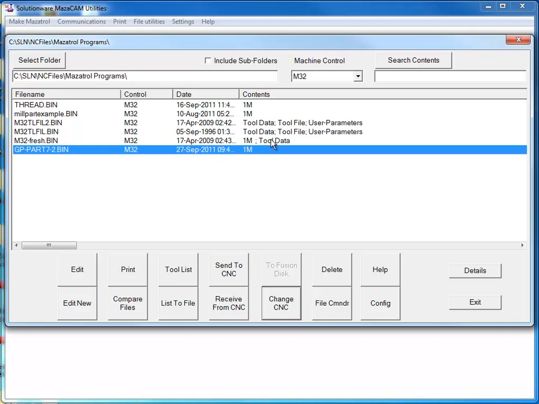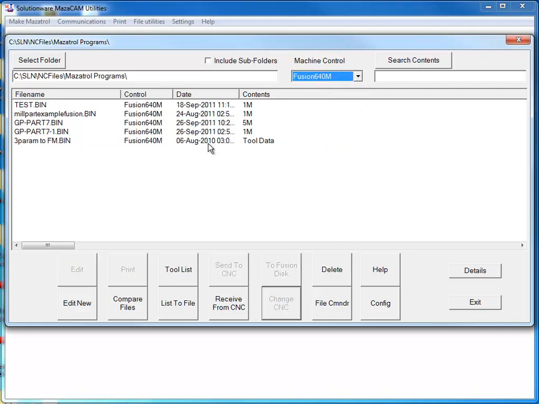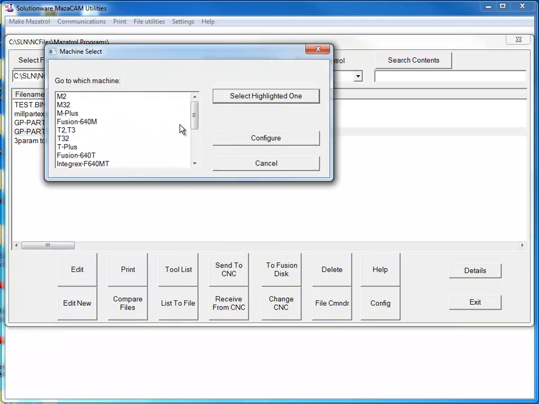Now, I can also convert this same program to the newer type of control, a matrix control. Same way, I can go to Change CNC, and now I'm going to go ahead and select a matrix M,